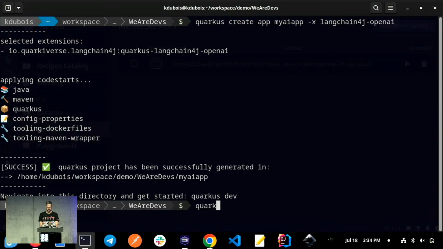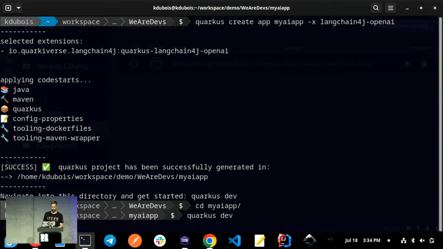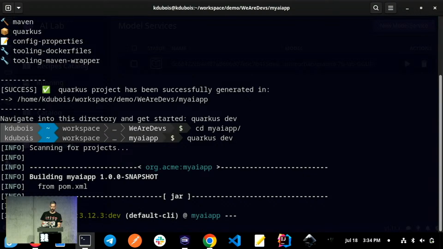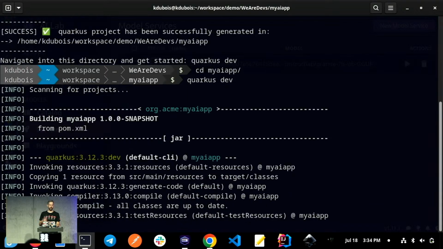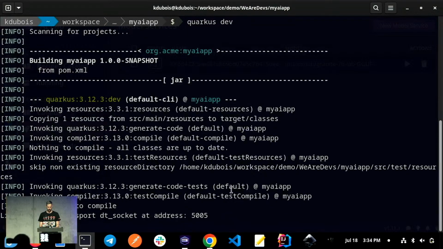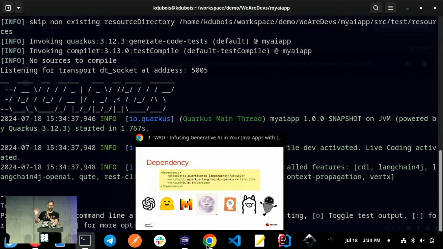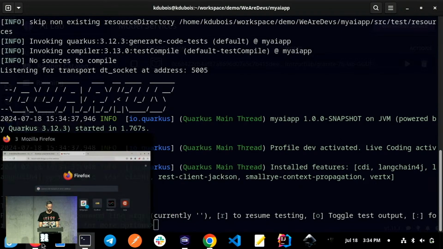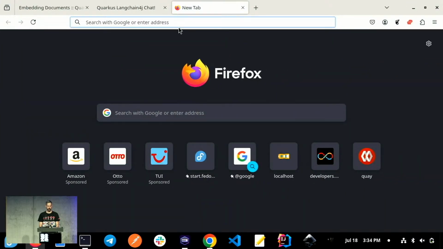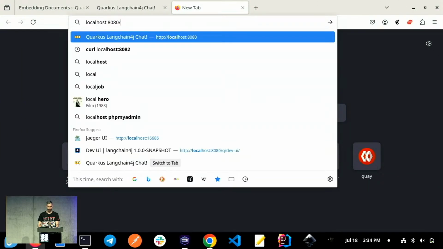So I can just start this application on my local machine. If I go into this directory, my AI app, and start the application, in this case I'm using Quarkus, so we can just do the Quarkus dev mode. What's handy with Quarkus is that it also has this dev UI, and we can start trying out some stuff. I'm showing this as an interesting place to get started with LangChain4j. So if you go then to localhost 8080,